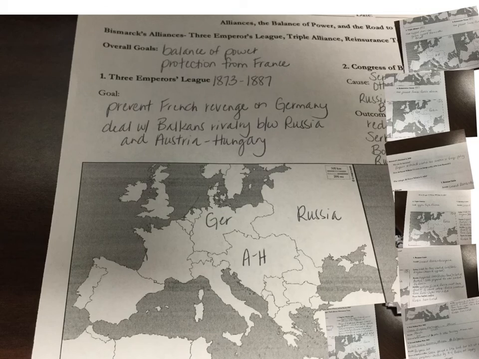And as we go, for the ones that have a map, I've labeled the countries that are involved, so if that helps you kind of keep them straight, you can do that. So Germany, Russia, and Austria-Hungary. And for each section, if you need more time to write it down, then Misty can just pause the video and then you can keep going when you're ready.